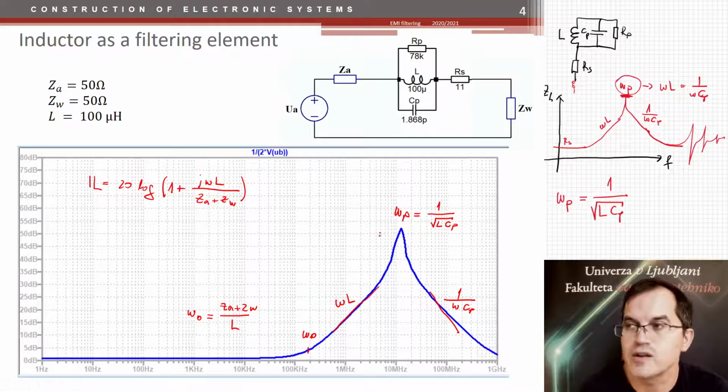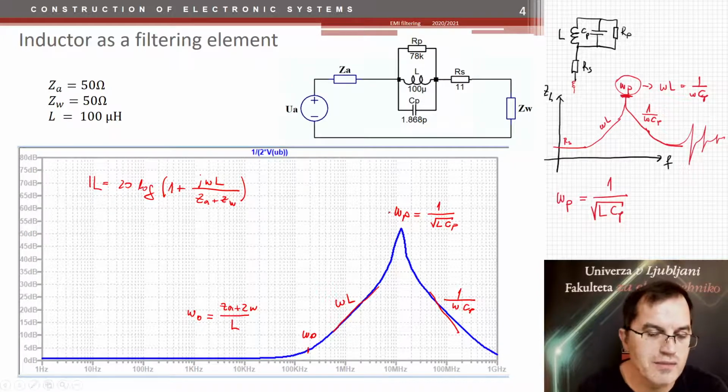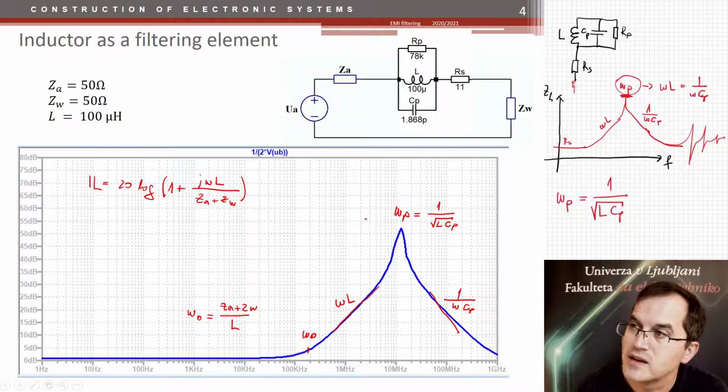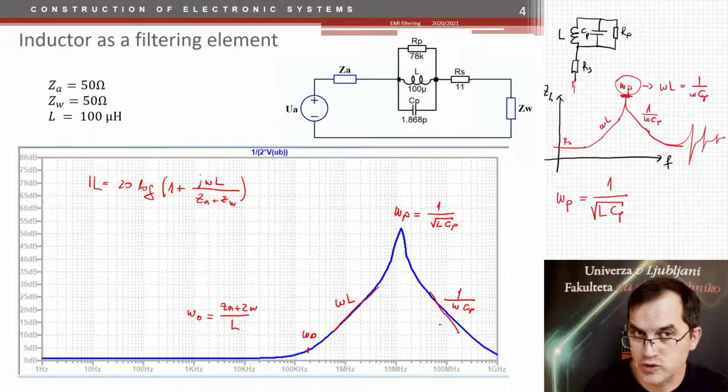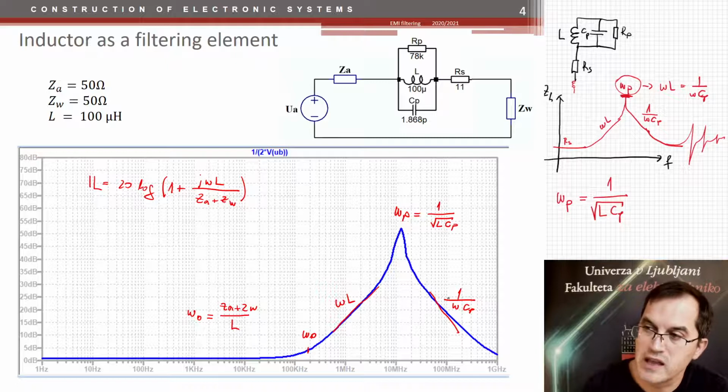So the best coils are those that have the lowest capacitance. How you make them, it's another story, but it is a very important factor, because at high frequencies, coils which do not have a very well defined or minimized capacitance between the windings will not be effective